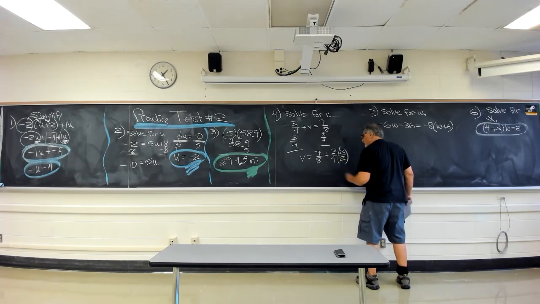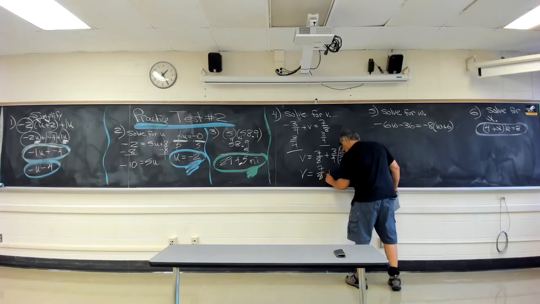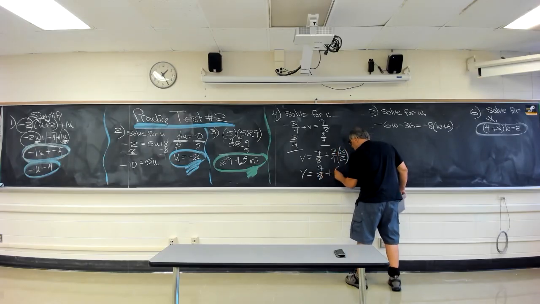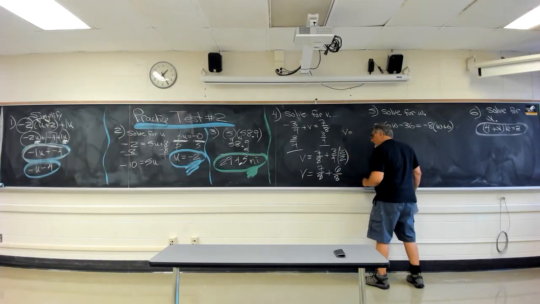Special one is 2/2. Let's see where this is going to go. 2 times 3 is 6. 2 times 4 is 8. Add these together. You're keeping the common denominator. You got this, which is the same as,